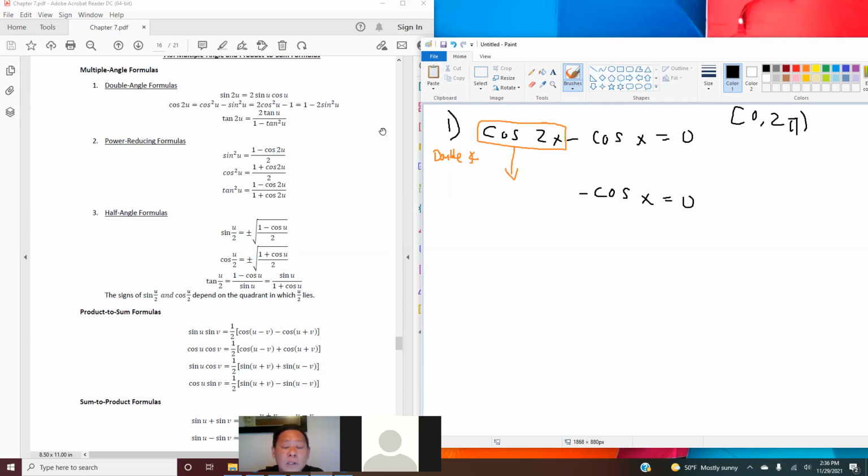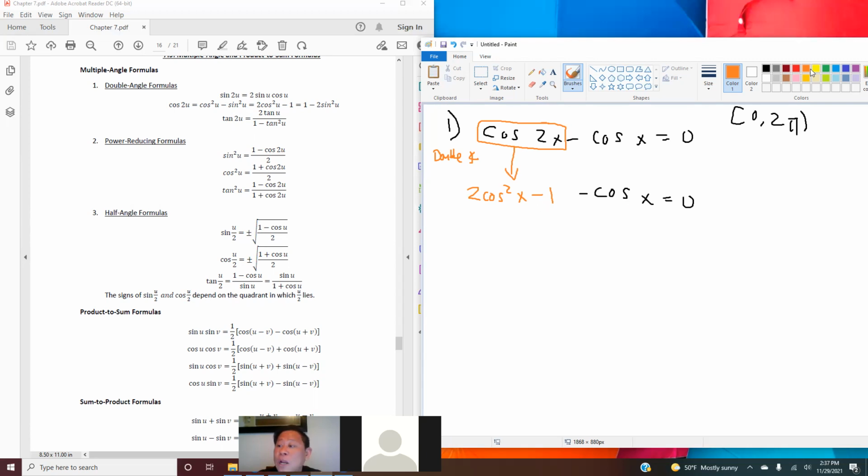So why do we use this middle one? Why don't we use the other two? Why do we use the 2 cosine square x minus 1? Yes, because if you look at this, they are all in terms of cosine. So we will be using this. We don't use the other two because this is in terms of sine. This is in terms of both cosine and sine. So we just pick this. Now this is a